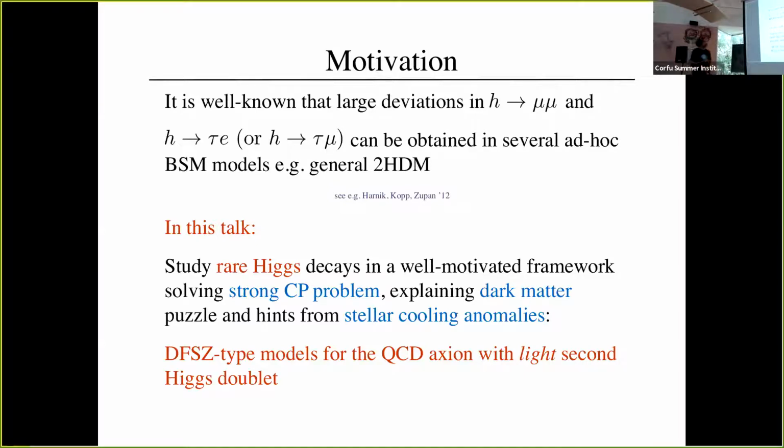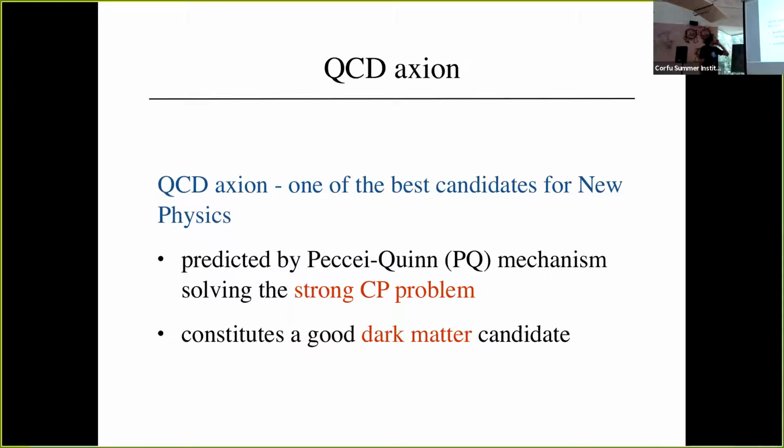So this will be a generalized DFSZ type model for the QCD axion, and the connection with Higgs physics is that we assume that the second doublet in this model, because it's a kind of two Higgs doublet model, is relatively light. I mean, not far away from the electroweak scale. Okay, so very briefly, so